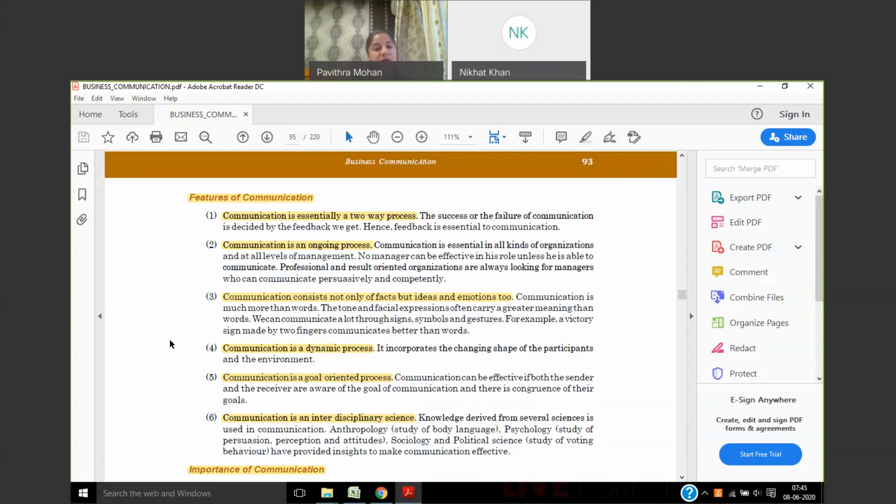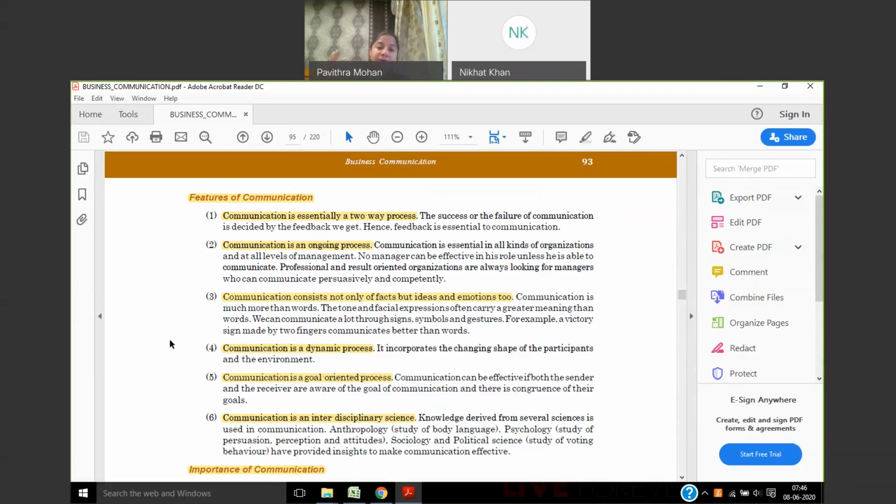Okay, the second one is communication is an ongoing process. In every organization and at every level of the organization, communication is very, very important. Kindly ensure that it's not restricted only to the manager or top level people, whether it is a professional or a result oriented organization. We have to ensure communication is always persuasive and competent. In that way we are going to inculcate a method of communication in an organization which will be effective,